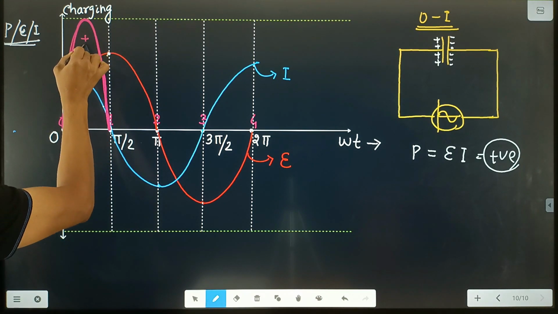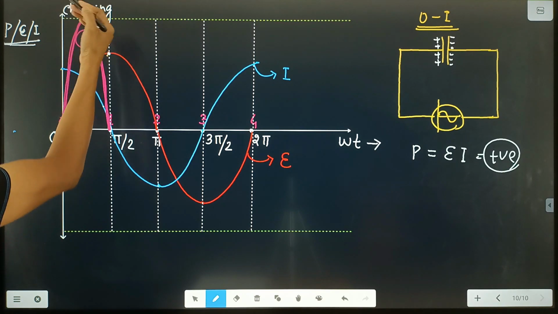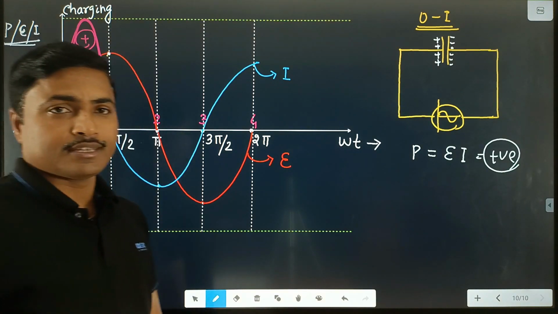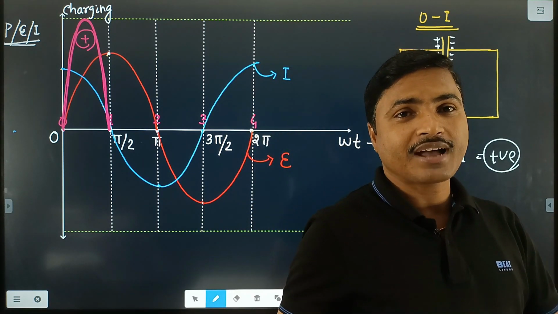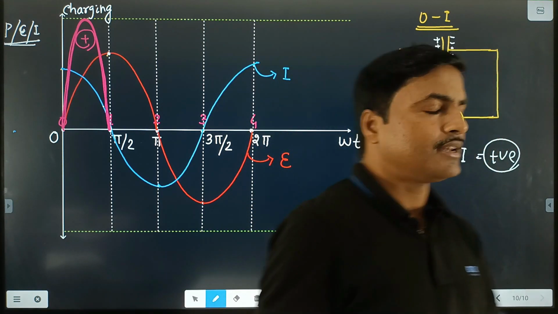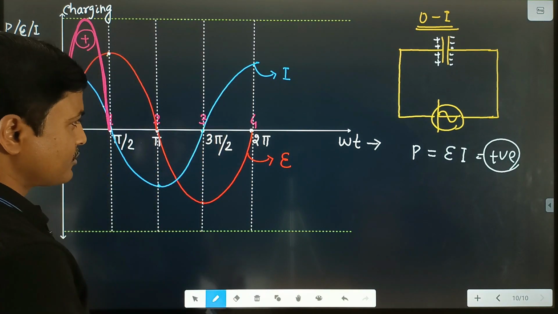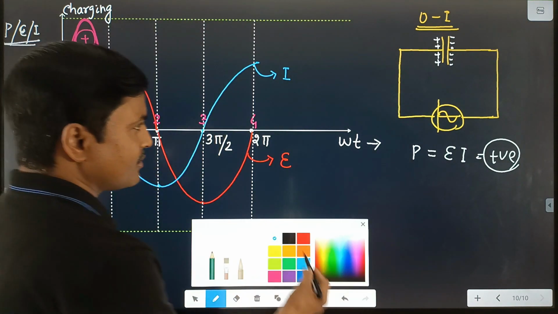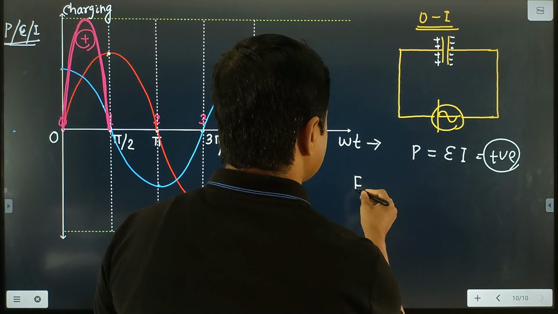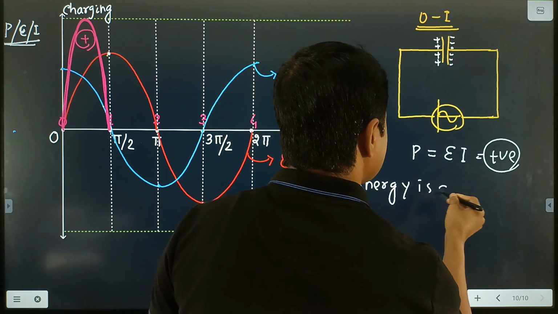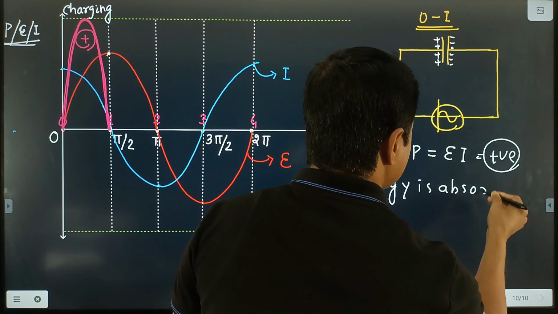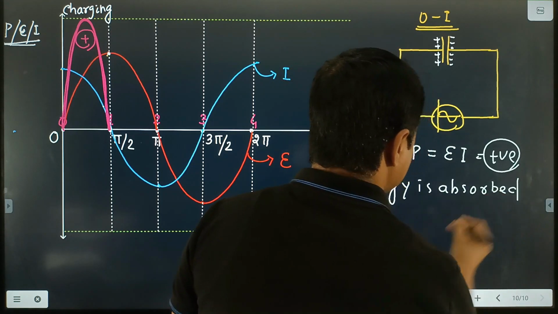That means power is positive, and this is the situation of charging of capacitor. When the capacitor is charged, energy is absorbed from the source. And we write here, energy is absorbed